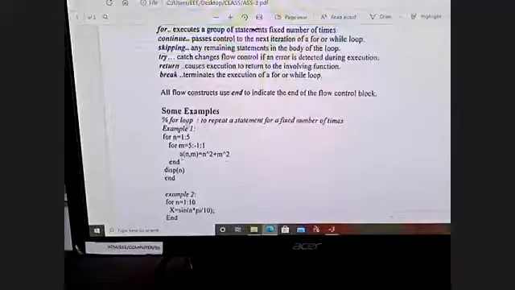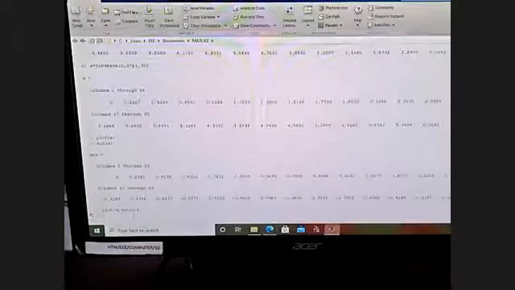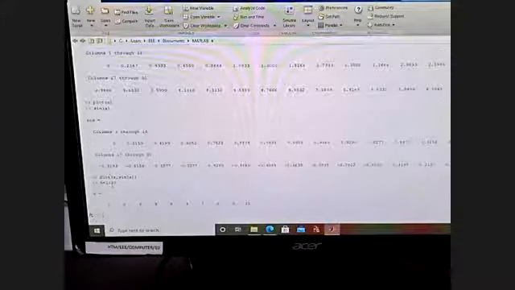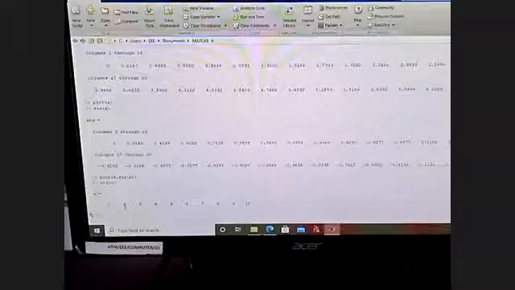For loop you have studied. Then what is the syntax for the for loop? For n is equal to 1 colon 5. What do you mean by 1 colon 5? See here. I am taking n is equal to 1 colon 10. See, n colon 10 means initial value is 1, final value is 10. The difference in between the values in between 1 and 10 is 1. 1 plus 1, 2, 2 plus 1, 3, 3 plus 1, 4, like this.